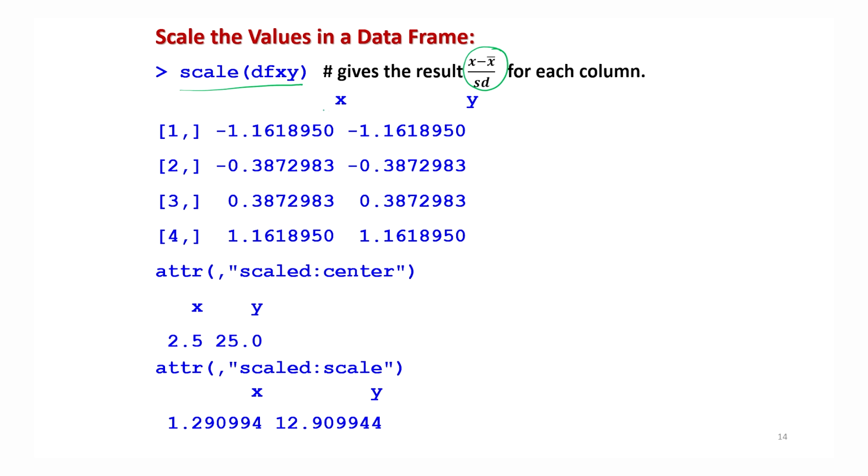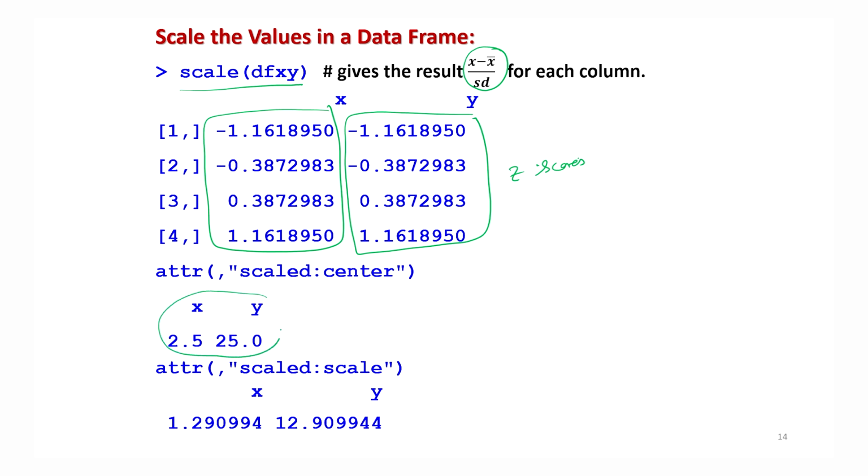So you can see this is the value for the first variable x, these are the values for the second variable, and they are now normalized. So these are actually the z scores, and you can see it is also giving you the values of the means of x and y which have been used in the centering, that is x minus x bar.